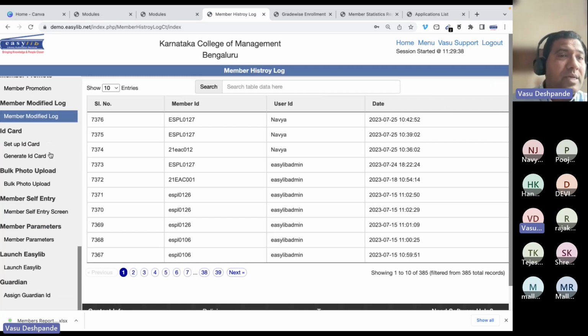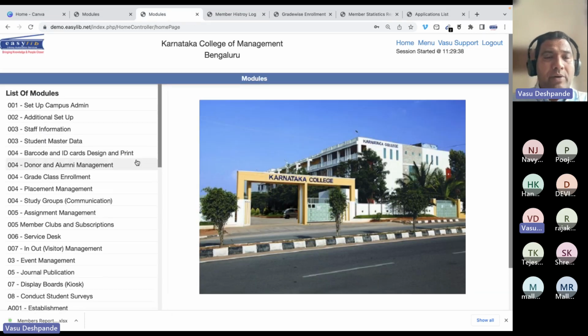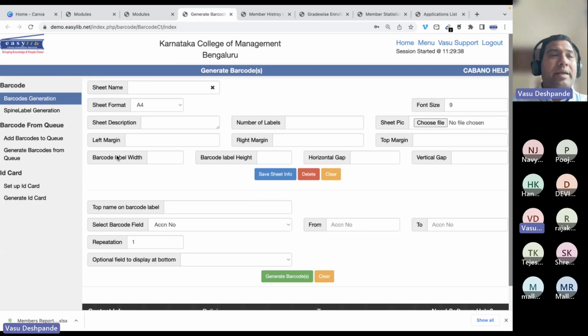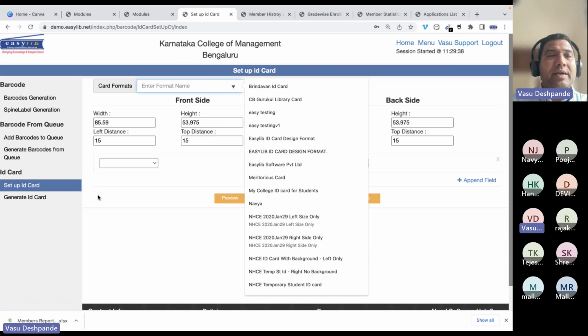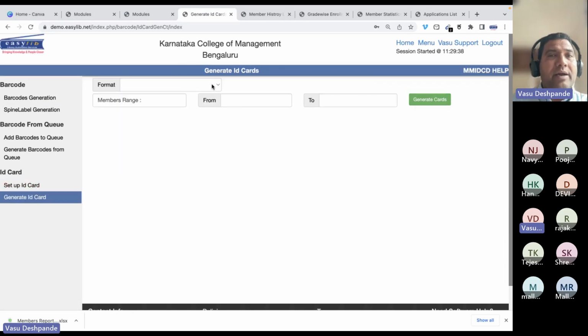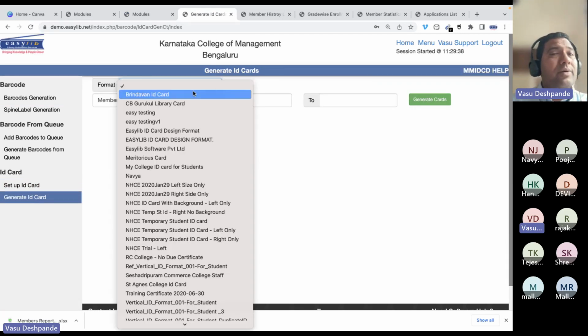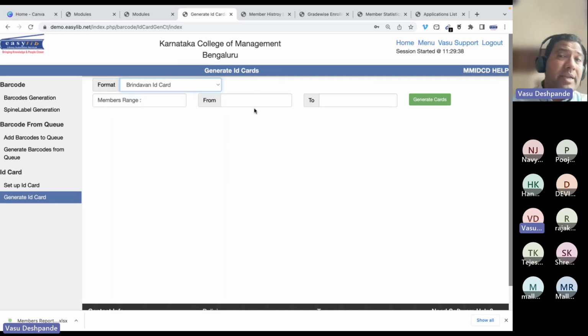So now let's go to this setup ID card here. What is this ID card? In Easylib, you are able to print barcodes and ID cards to a good extent, right? For example, setup ID card. I can set up the different types of ID cards here, and if I want to generate the ID card, I can go here, choose whatever format I want. I can even create my own format. Say, for example, if I choose this range,